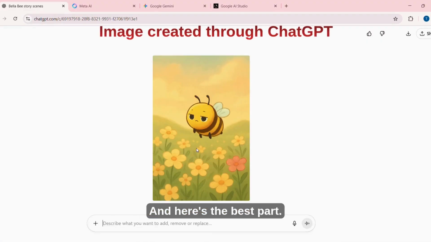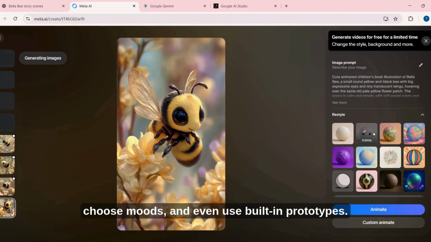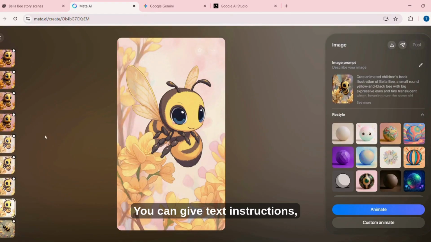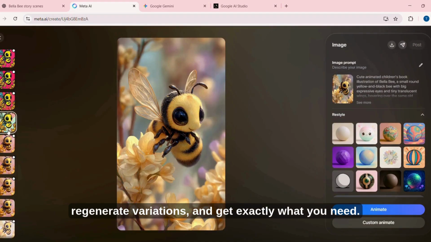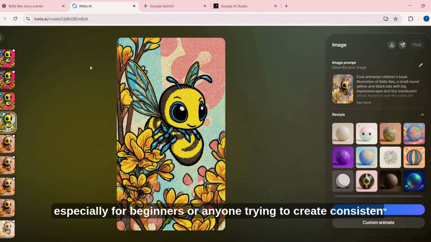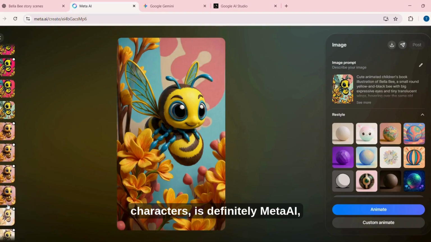And here's the best part. Meta AI lets you customize the image, switch styles, choose moods, and even use built-in prototypes. You can give text instructions, regenerate variations, and get exactly what you need. So for me, the best option, especially for beginners or anyone trying to create consistent characters, is definitely Meta AI,